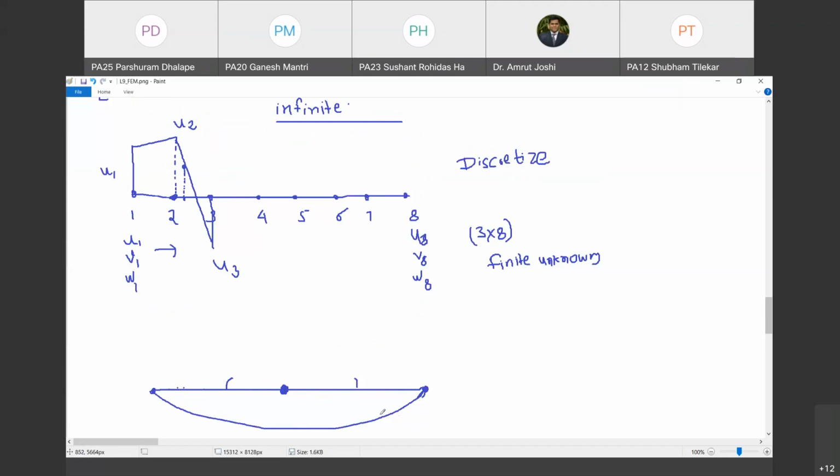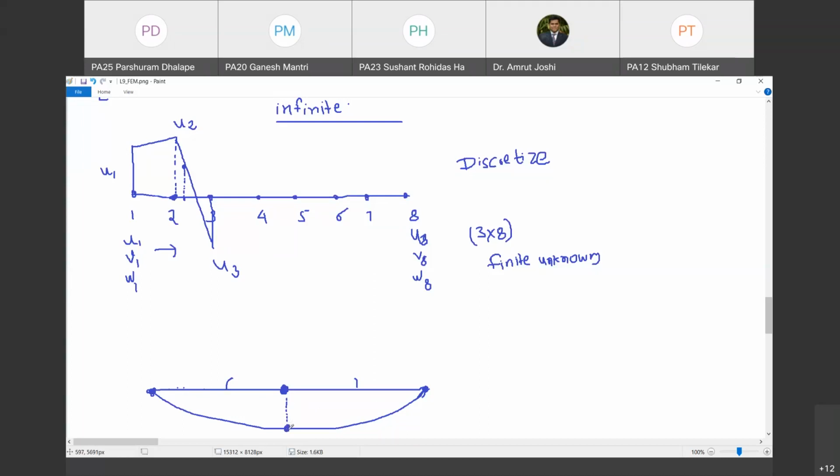I have discretized by introducing a node here, and each of these parts we are going to call, by definition, elements. So I have discretized this continuum into two elements, 1 and 2, by introducing an additional node in between. So you have a start node, an end node, and a middle node. This node divides the entire continuum into two elements. Now, I will treat the displacement at the middle node as unknown, at the end node as unknown, and at the start node as unknown. I know at the start node the displacement is 0, at the end node the displacement is something. Then after doing the finite element formulation, I get the displacement here.